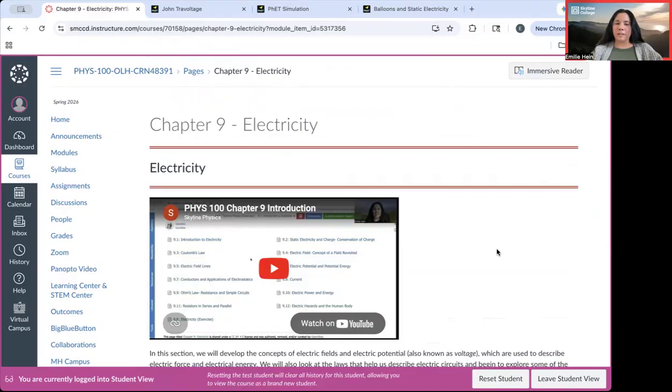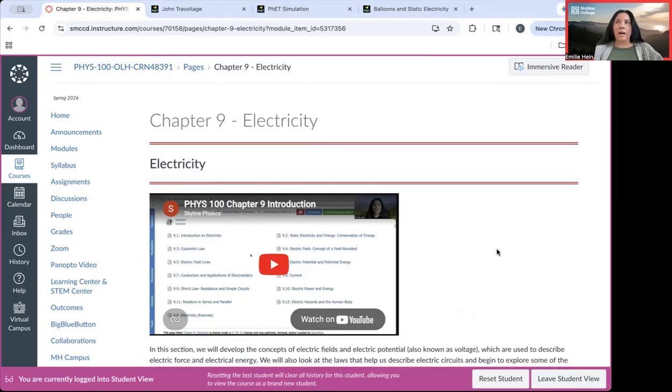So electricity is chapter 9, and as you very well know, this is something that you use every day, and we have so many applications. And it's also a very vast chapter, so really hard to cover in just 1 week. But that's also the case with all the other chapters that we're covering this semester. So we are going to focus on some particular topics,